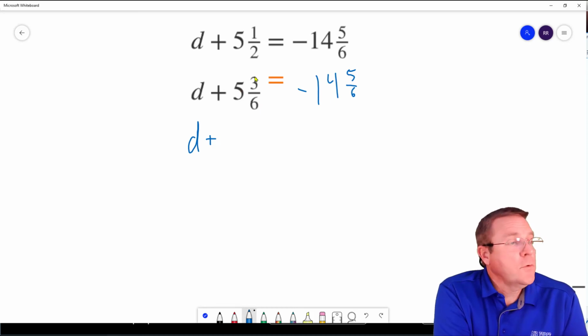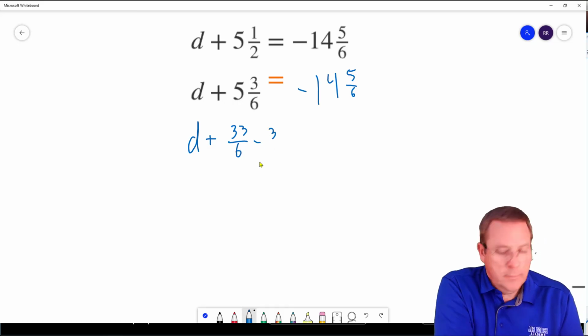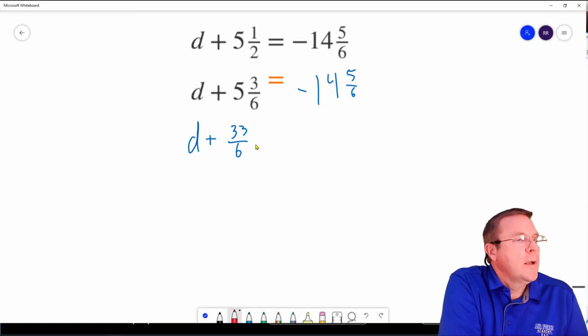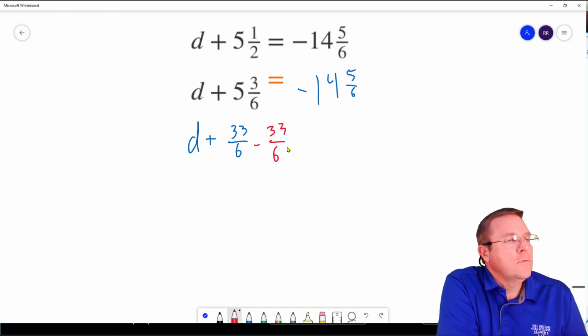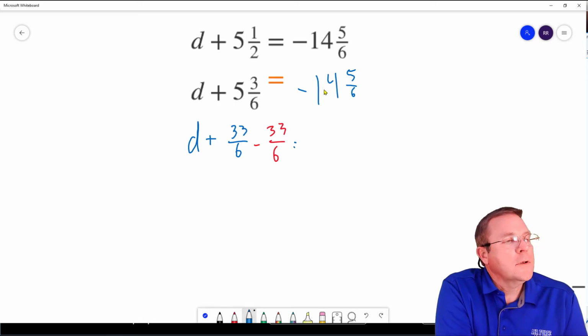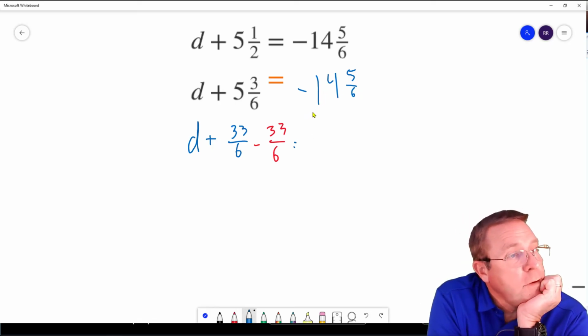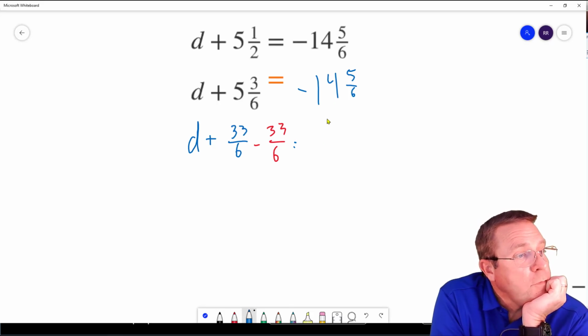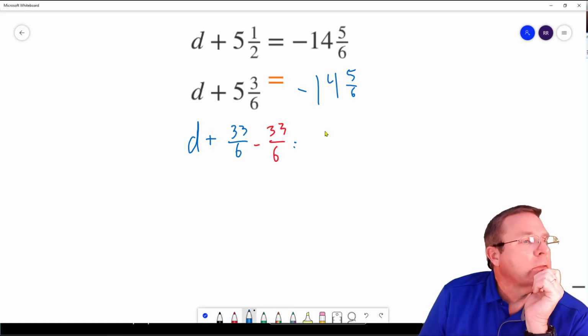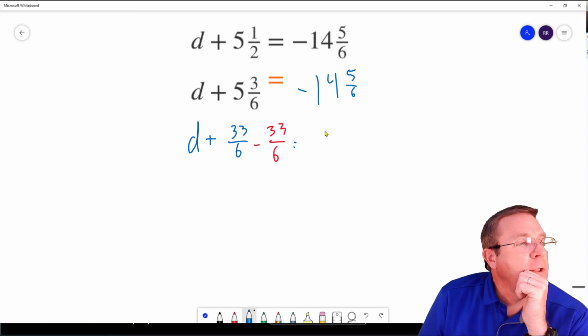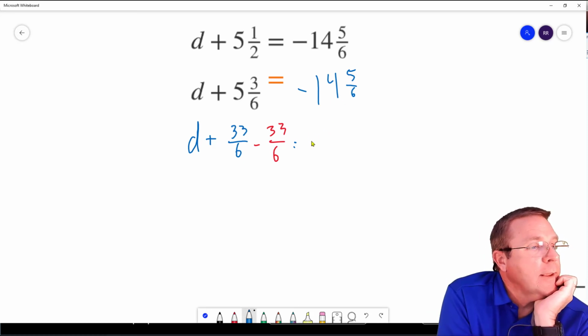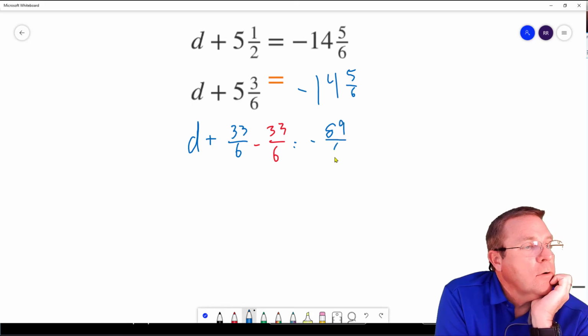6 times 5 is 30, plus 3 is going to give me 33 over 6, minus, let me go ahead and change that part to red, minus 33 over 6, go back to the blue here, equals 6 times 14, well that's going to be 60, plus 24 is going to be 74, plus 5 is going to be a 79. Oh, wait, no, I did that wrong. That's not 79. Let me try that again. 60 plus 24 is going to be 84, 89, so that's going to give me a negative 89 over 6,